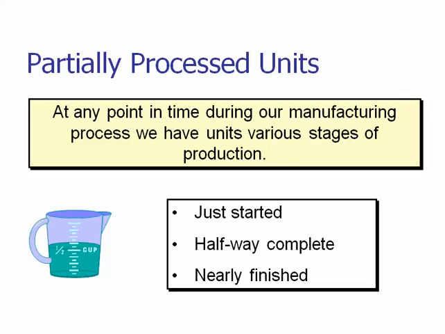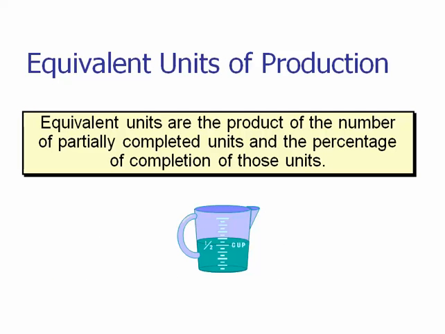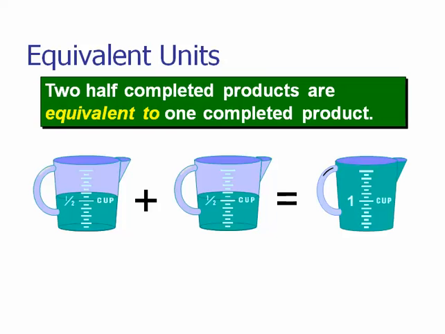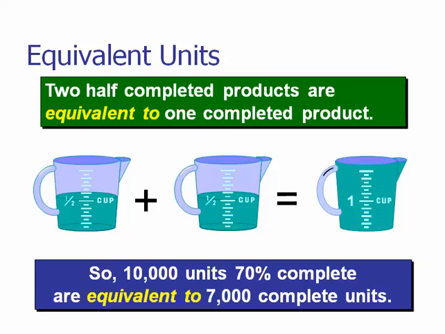But because we have some partially completed units, we need to concern ourselves with what we call equivalent units of production. Equivalent units are the product of the number of partially completed units and the percentage of completion of those units. That is, if we have two products that are halfway complete, it's equivalent to one fully completed product. Or say we have 10,000 units that are 70% complete, that would be equivalent to 7,000 equivalent